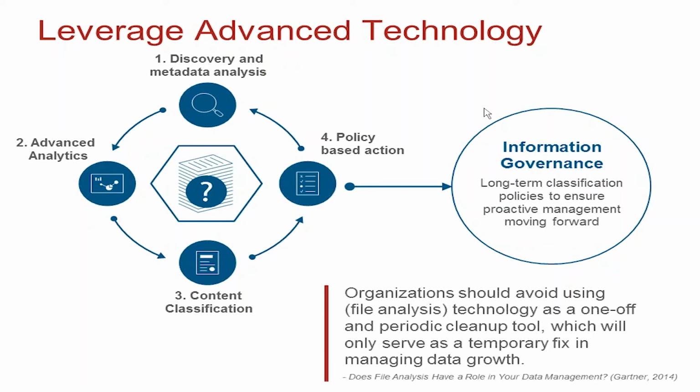And then once you've done that, you want to take a deeper look at it. As you can imagine, it's impossible to open and process every file if you have 1 petabyte of data to look at. But we were able to use sampling technology to very quickly look for critical pieces of information and data stores that we could classify as well. Going back to what Bennett was saying, you don't need to have 100% accuracy or confidence having looked at every file, but using statistical principles, you can get